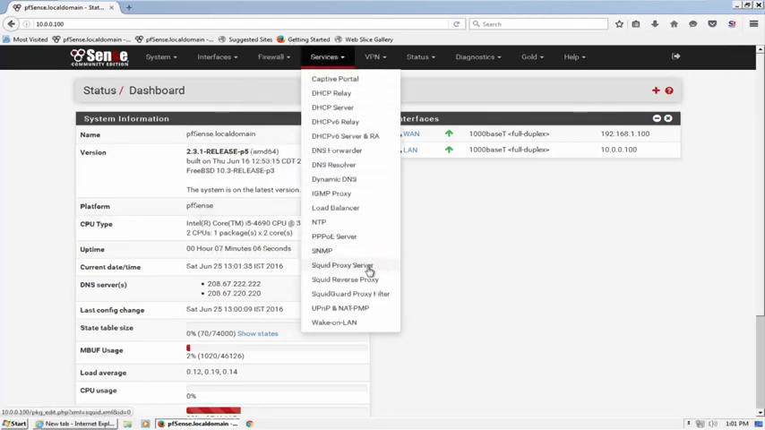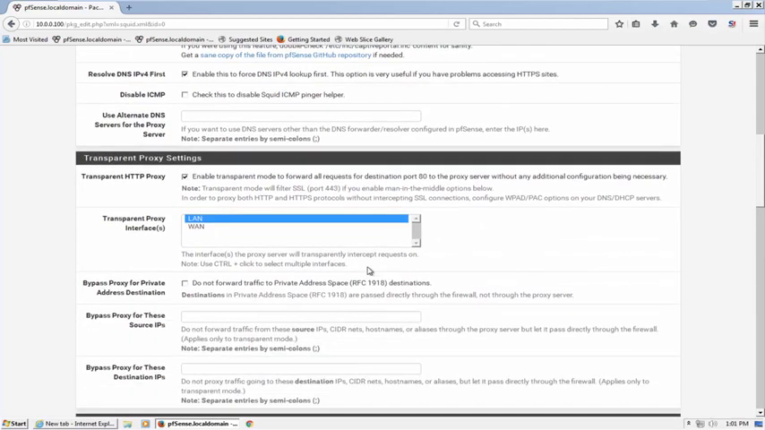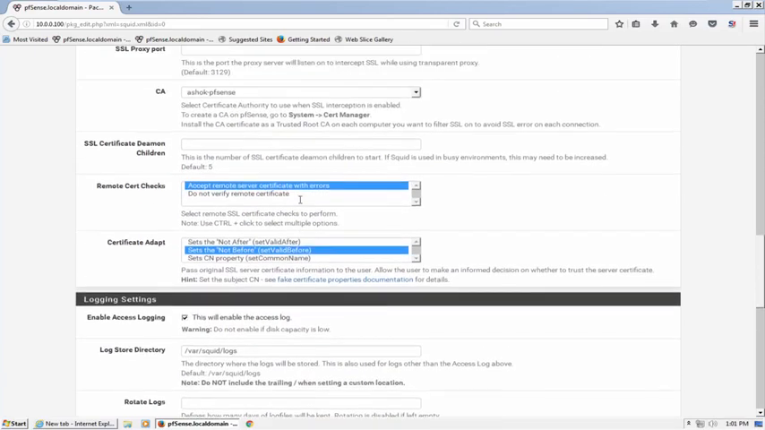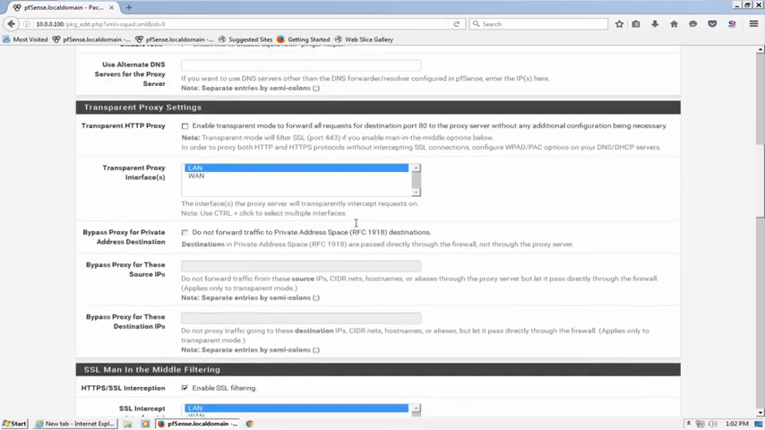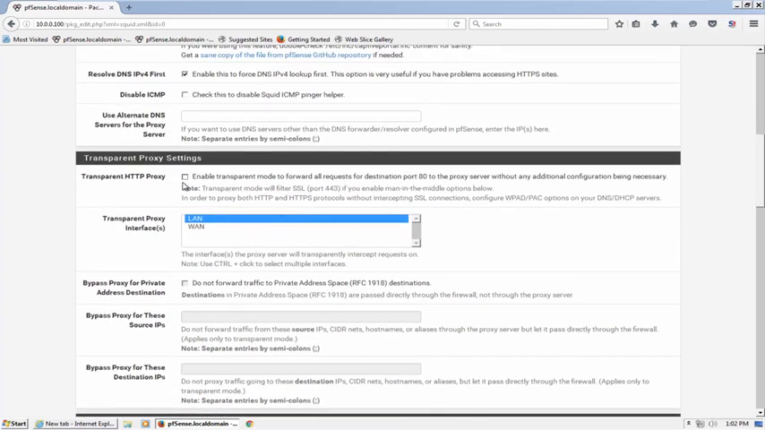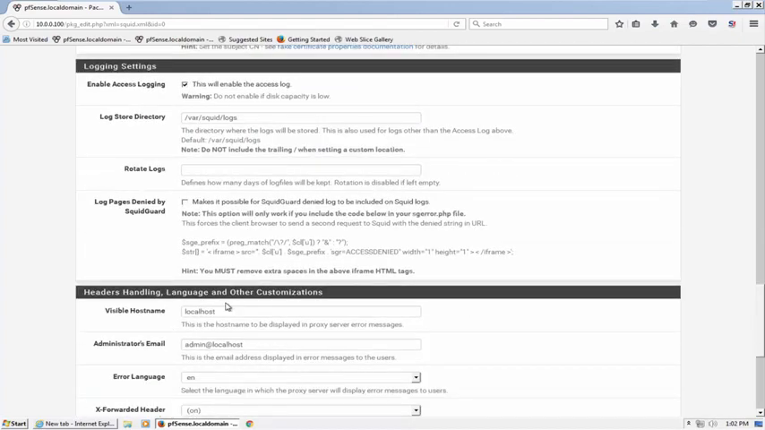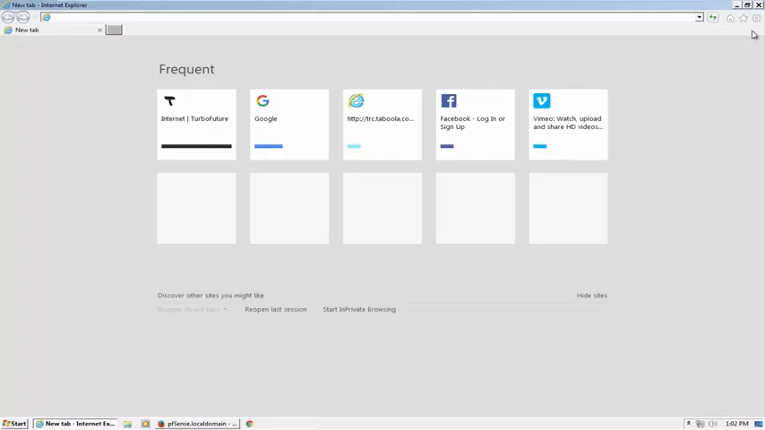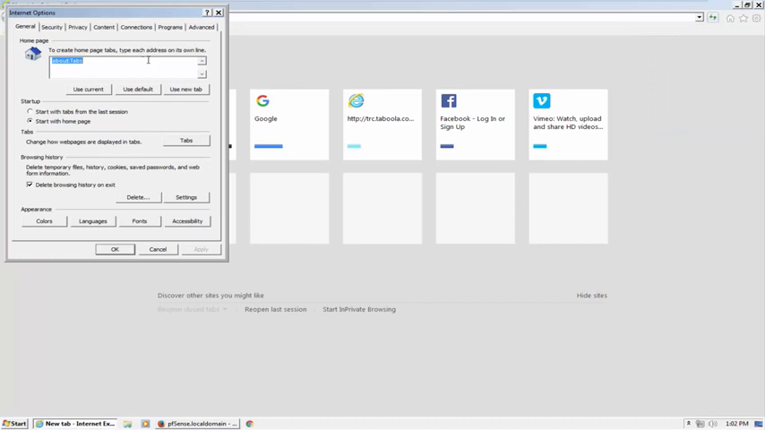So let's start. What I am going to do here is turn off this transparent mode option, and leave the enable SSL filtering option as it is. Everything else is configured the same as in my previous videos. I am only turning off transparent mode. So let's save here. As I turned off transparent mode, I need to mention the proxy IP address and port here,